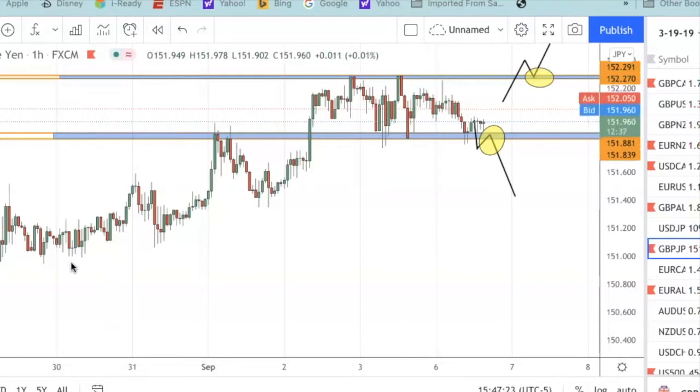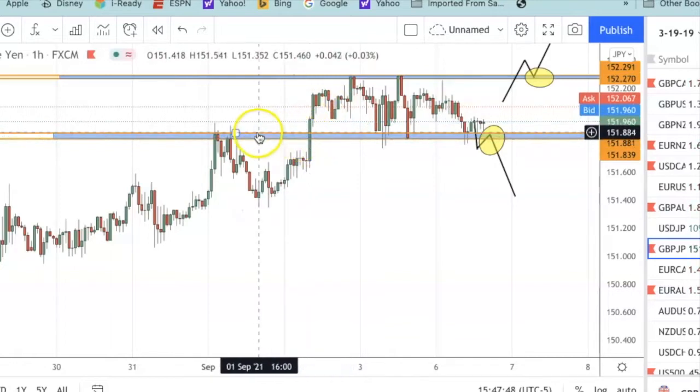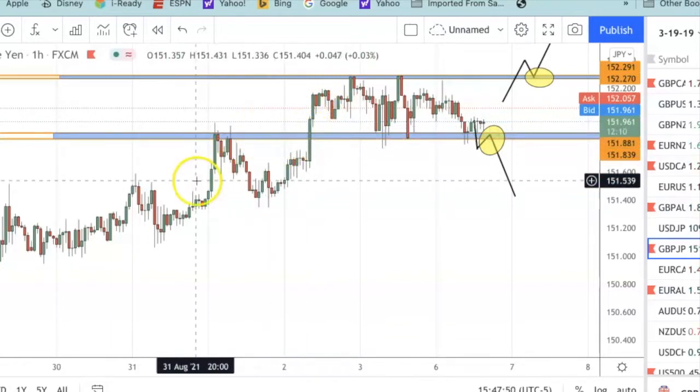All right, so currently, guys, I'm showing you GBP JPY, and this is my chart. Now the markets are moving slower today, guys. It's 3:47 p.m. and the market is pretty much dead. It's getting ready to close, and the new trading day is going to open up in 13 minutes. Today was a holiday for us here in the U.S., Labor Day, so a lot of institutions are closed, so it was definitely a slower day in the markets. But looking here at GBP JPY, I still want to show you all what it looks like.